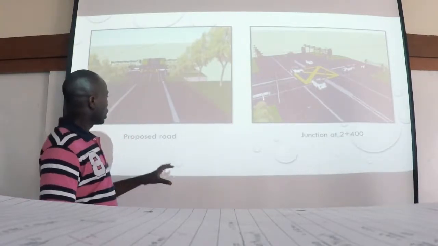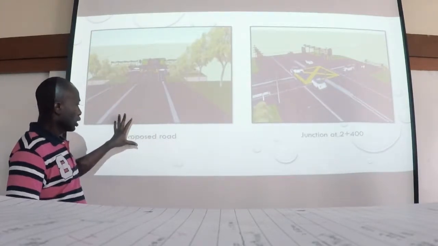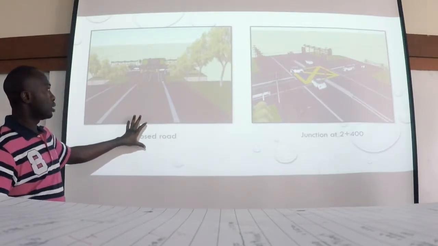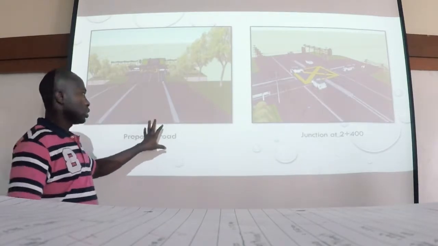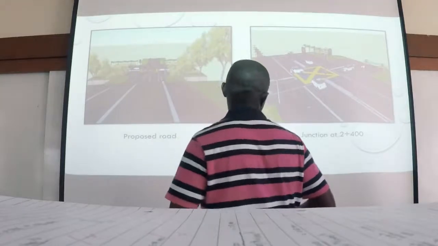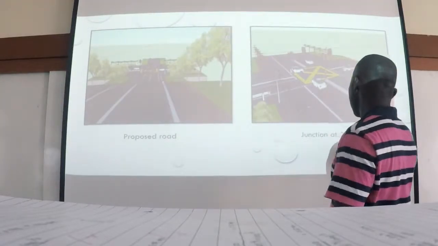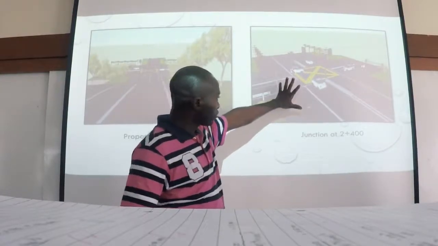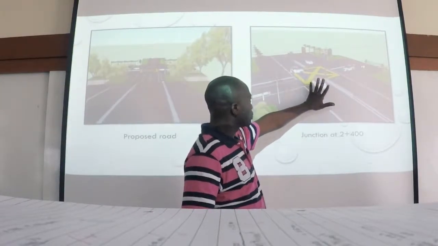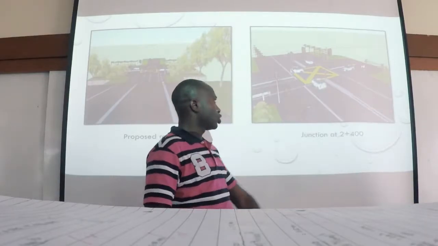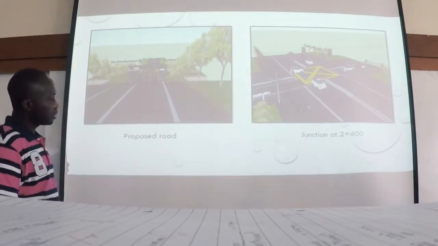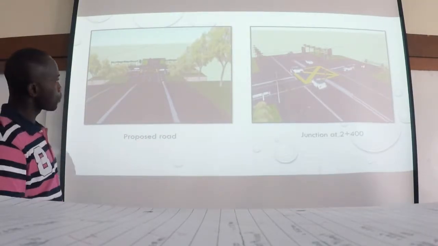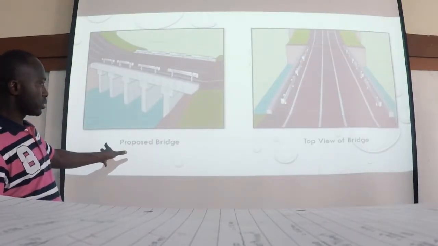then it's going to be interesting to the client. So at this point, this is the proposed road for the 2 jalans we are going to provide. And at Chainage 2+400, we are going to have a junction that you can see on the drawing. And as you can see, as we go on,